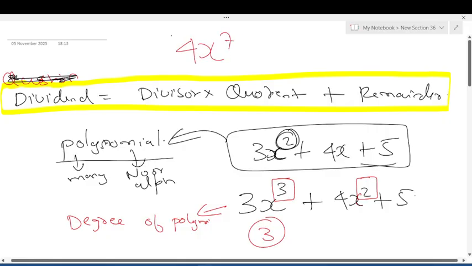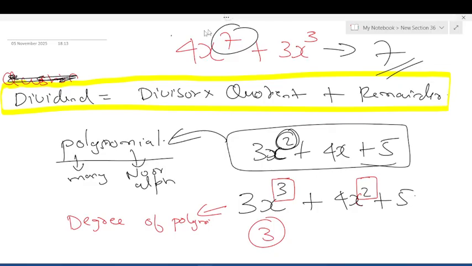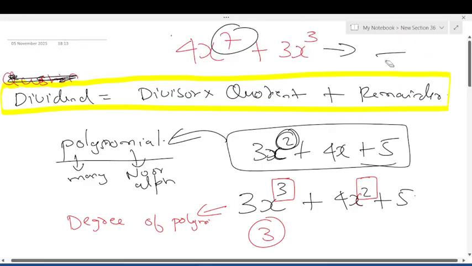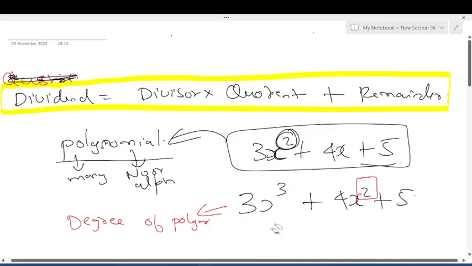4x to the power of 7 plus 3x to the power of 3. Tell me the degree of this polynomial. What's the answer? 7. Okay, so the degree question is done. MCQs might ask it or might not. It's a very simple concept. This is the concept of degree. Polynomial is done. Degree is done. Next,